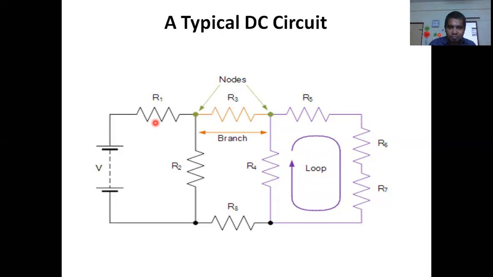Node means the junction point where current division takes place, right? What does node mean? The place or point where the current division is taking place. Branch means the element which is connected between two points or two nodes. Loop means it has a closed path, and mesh means it cannot have any further closed path. One single closed path will be there. That is called a mesh, right? So up to this we could discuss today.